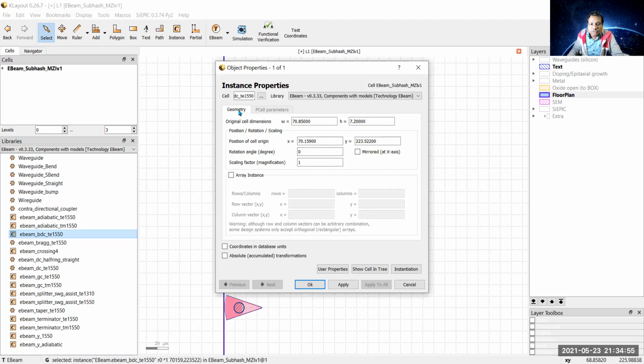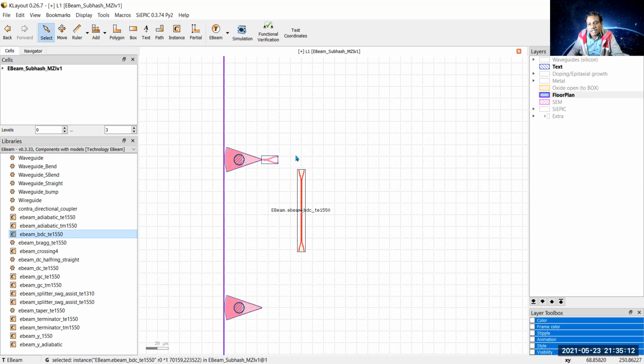Now go to geometry. In geometry, we go to the option of rotation angle in degree. If we put the rotation angle as 90 degree, let us see what will happen. Yeah, its direction has been changed by 90 degree. But still it has some problem which I want to show here.